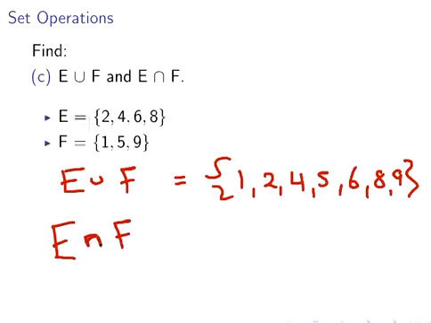Which, that's not an N actually, sorry. Which elements are in both? Well, in this case, we actually don't have any elements in both. All we have here is an empty set. So there are no elements in this intersection set. And that ends